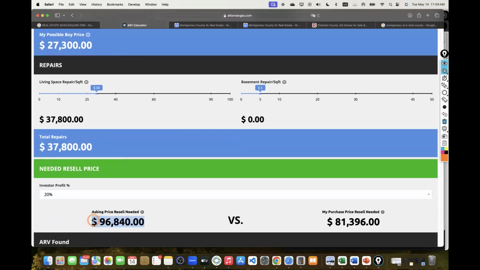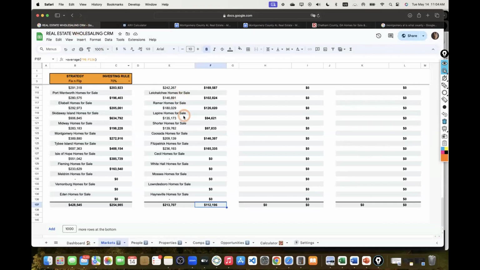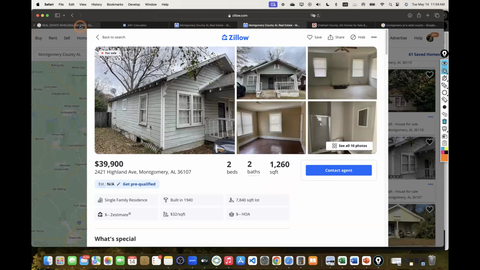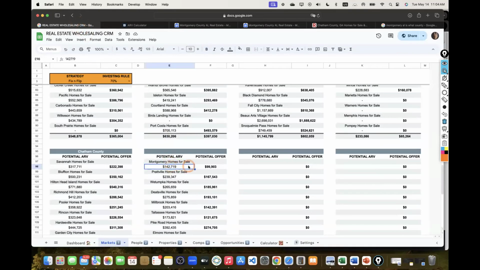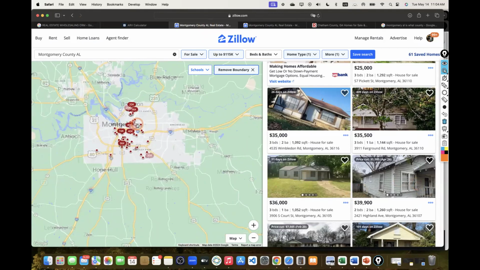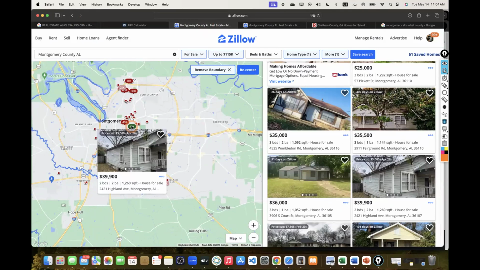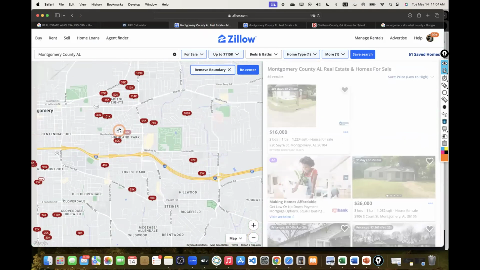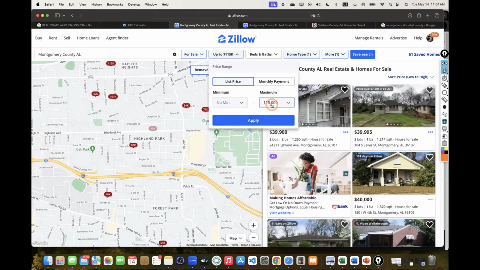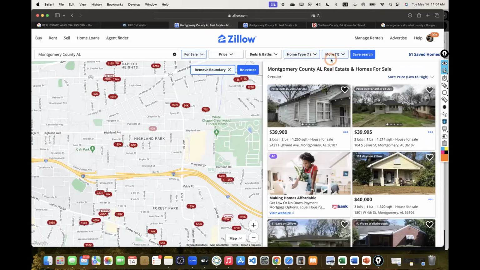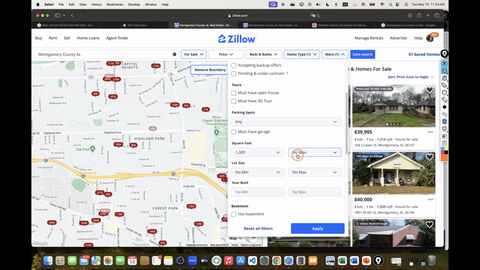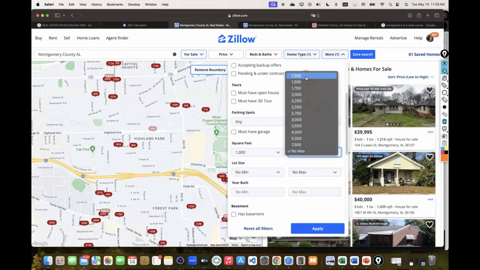20%. The property needs to resell for $96,000. This is in Montgomery city. Montgomery properties can sell for 142, possibly. We have to do our due diligence and find that out. And I think this is our subject property right here. Yes. Cool. So it looks like we're in Highland Park. Let me start filtering it down to look for some comps. First, let me look at what's available. What's the square footage? 1260. All right. So 1260 plus or minus 300.